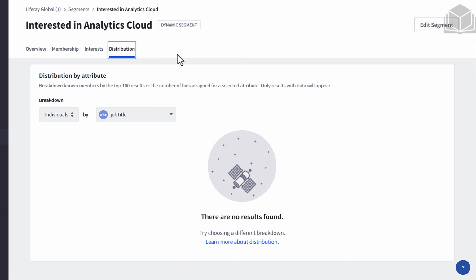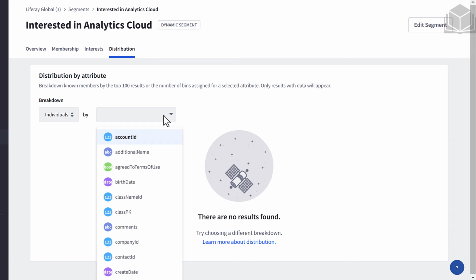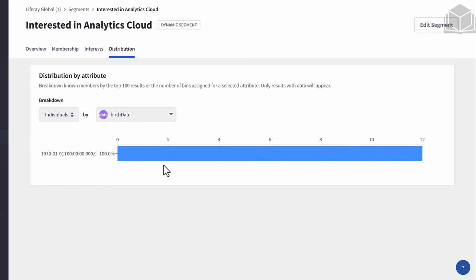The Distribution tab breaks down the segment by an individual attribute. For example, selecting an attribute such as job title can enable you to dissect your segment even further. A bar chart will appear showing a distribution of the segment member population by job title. And as a marketer, you can use this information to identify a subset of the segment to focus a marketing campaign on. For this segment, if, for example, we click on birth date, we can see that bar